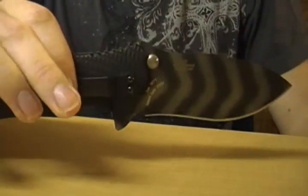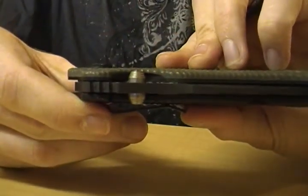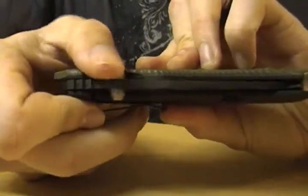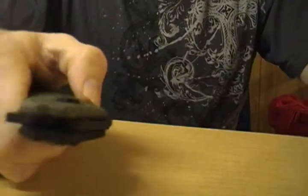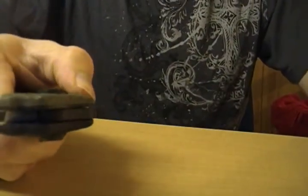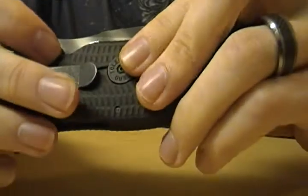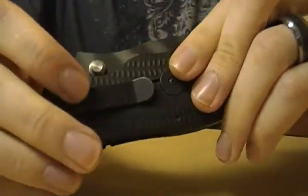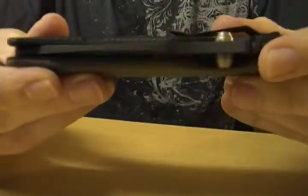I prefer using the flipper because if you look, the thumb studs aren't very big. You can't grip it at all. If you're a righty, you can almost. That's about the only way you can get it, if you push really hard on the bottom side of it. If you're left-handed, this side actually sticks out because the titanium side is thinner